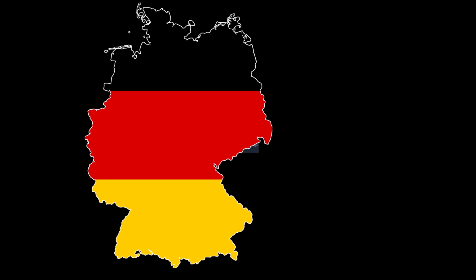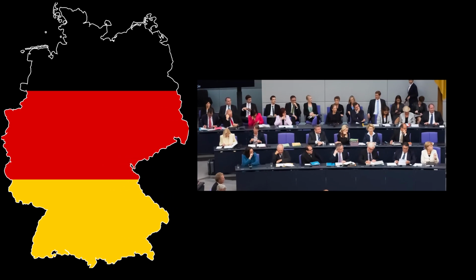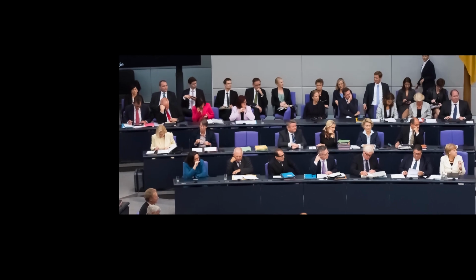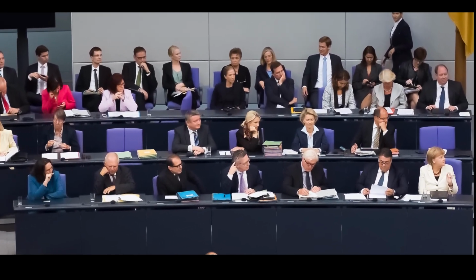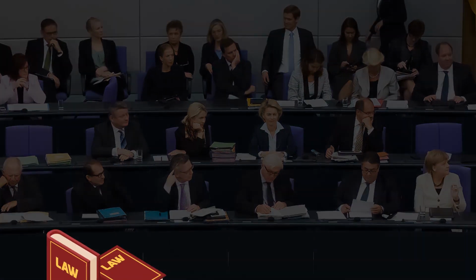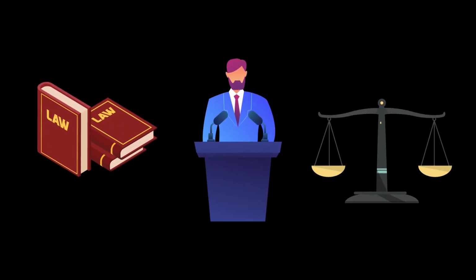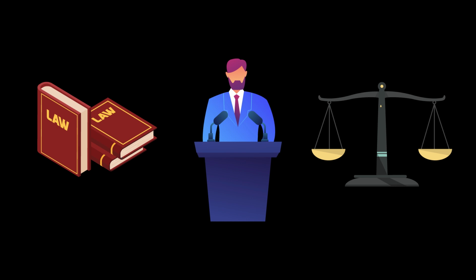On the other hand, the government represents the tangible aspect of the state. It consists of individuals who govern the state for a designated period. The government is typically divided into three branches: the legislature, the executive, and the judiciary. The legislature, often represented in parliament, is responsible for enacting or amending laws. The executive branch governs the country in accordance with these laws, with the highest level being the cabinet, and the judiciary, comprised of courts, interprets and applies the laws in the name of the state, serving as a mechanism for dispute resolution.